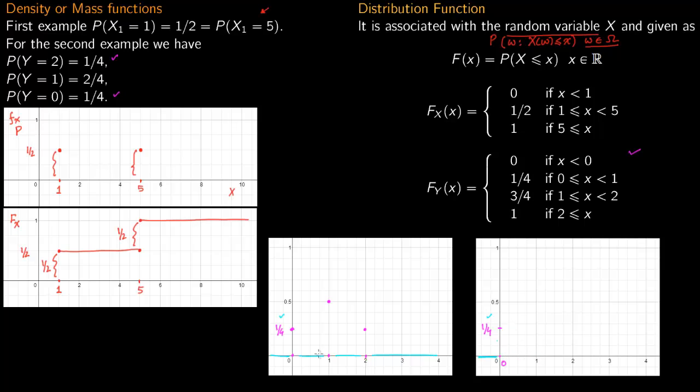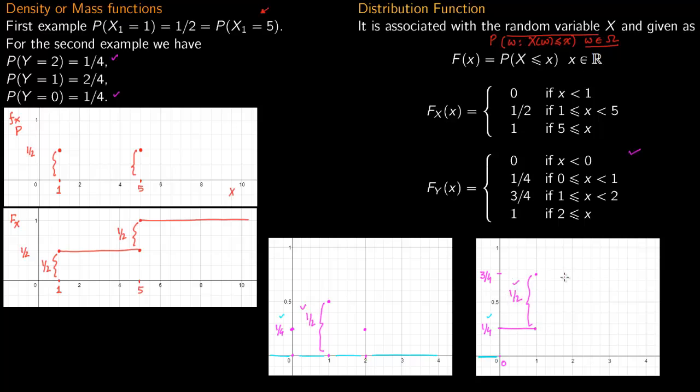So from 0 to 1, you do not add anything to it. So from 0 to 1, it remains at 1 by 4. At 1, there is a jump of half. So there is a jump here of half. So you have to add half here. So if you add half to 1 by 4, you get 3 by 4. So 3 by 4 will take you here. So this is 3 by 4. So 3 by 4 will take you here because this is the jump of 1/2 you have added from here